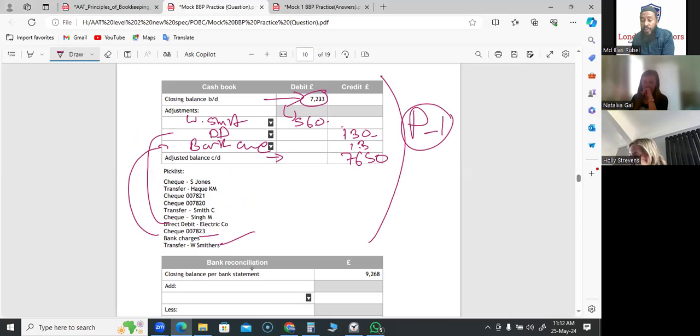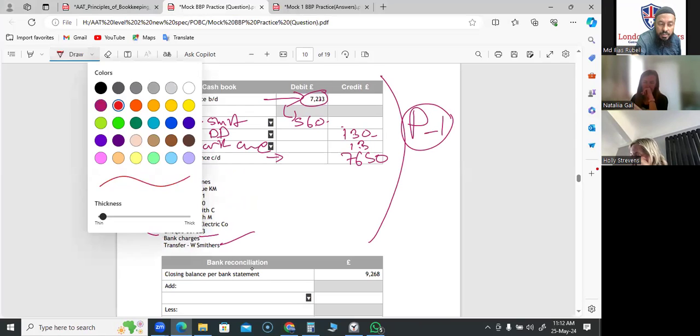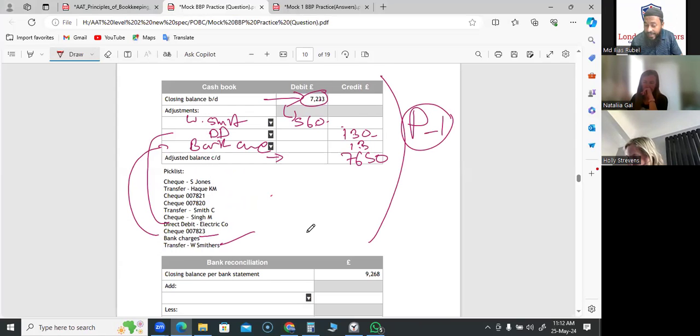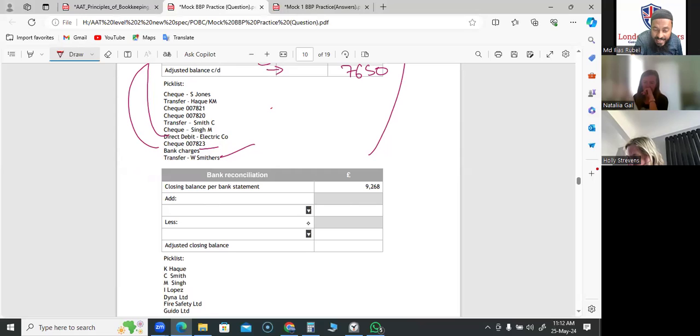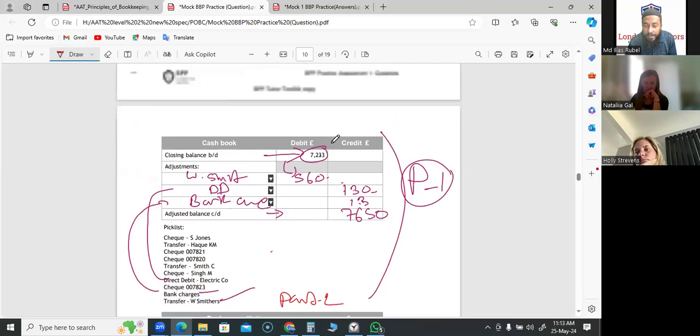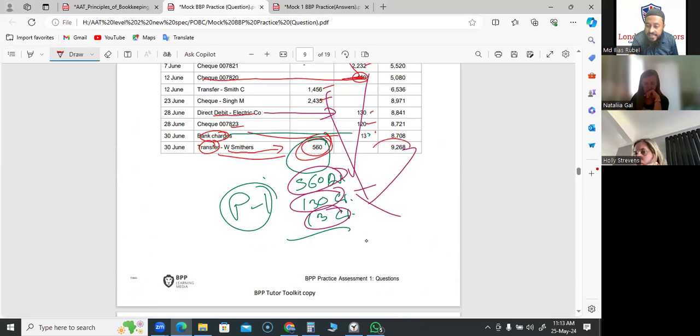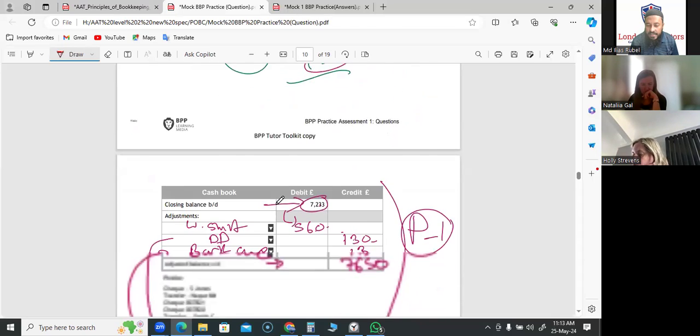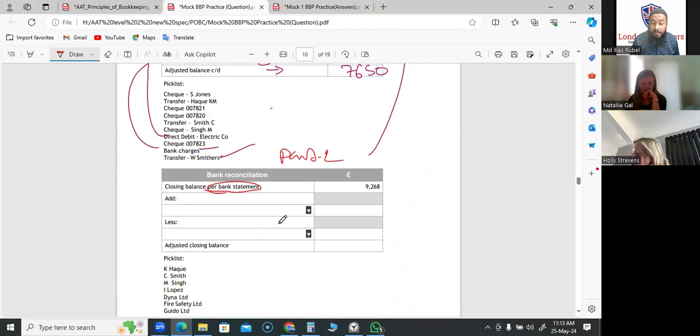Part one, update your cash book from the bank statement items. Then part two, do the bank reconciliation statement. There are two ways. One, start with balance per bank statement, like this is part two. They started with balance per bank statement. In the question, go to the bank statement. There's a balance, this is the closing balance, 9268. Now, if you start with balance per bank statement,